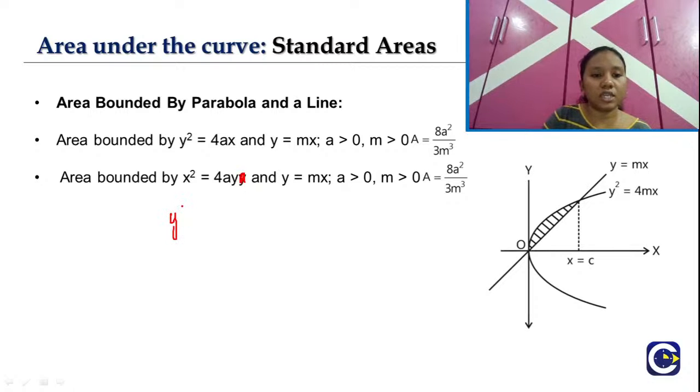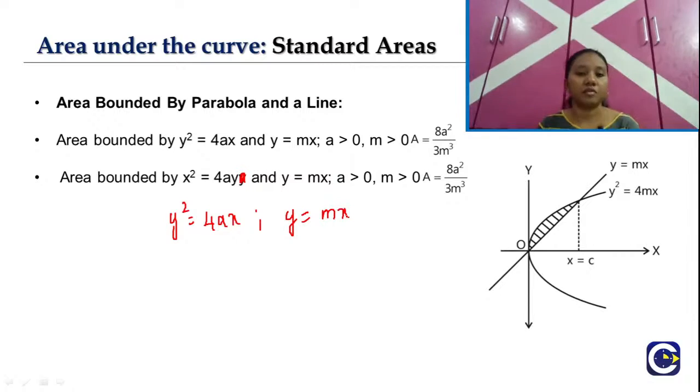So if we take y square equal to 4ax and then y equal to mx. Right, so the area, what will be the figure? y square equal to 4ax will be this graph and y equal to mx will be our line. So the area bounded is this portion, which we can directly find using the formula, that is 8a square by